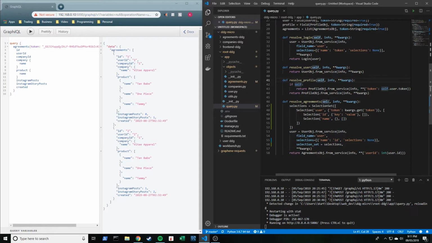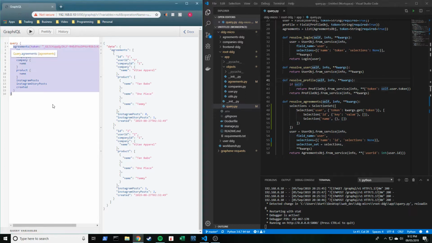So the base idea is to bring GraphQL and Graphene, because this is in Python, as you can see, to microservices and try and connect the two as best as possible. You can see over here on the left, I have a request, right? And what I think is pretty cool about it and how I've set this up, and I've only just started